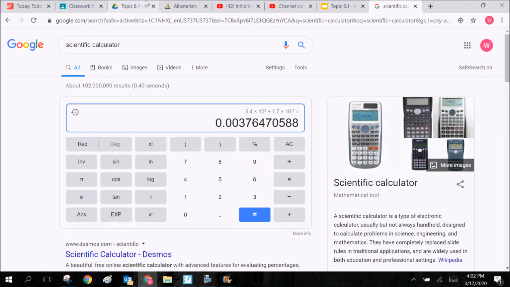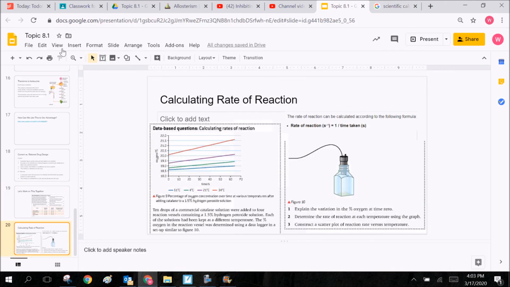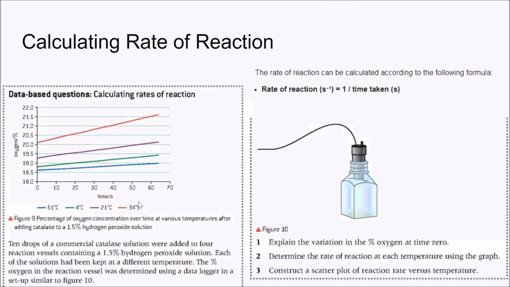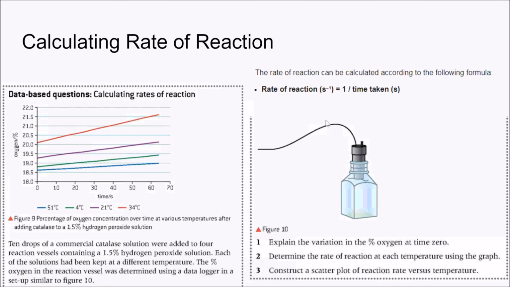Now we'll go back to this here, and for the final little bit, this is calculating the rate of reaction. So when we look at this graph here, I'm just going to lead you through it, because we already did a little bit of calculating the rate of reaction when we made our respirometers. But here I'm going to include a little bit more instruction. Our rate of reaction, it says here, is this crazy formula. Don't worry about that. The rate of reaction is really just what you end up with: your final concentration of whatever substrate minus what you started with